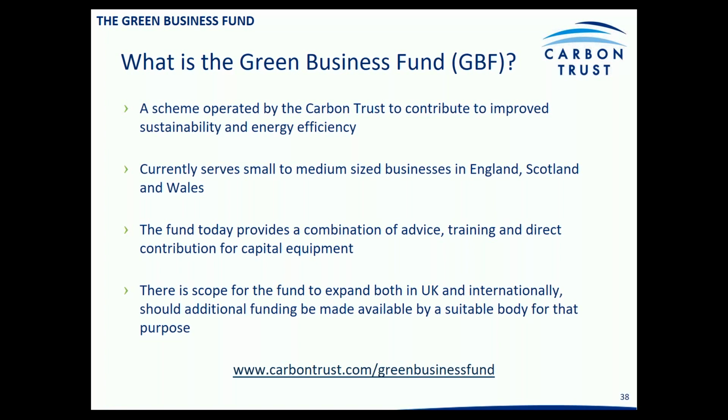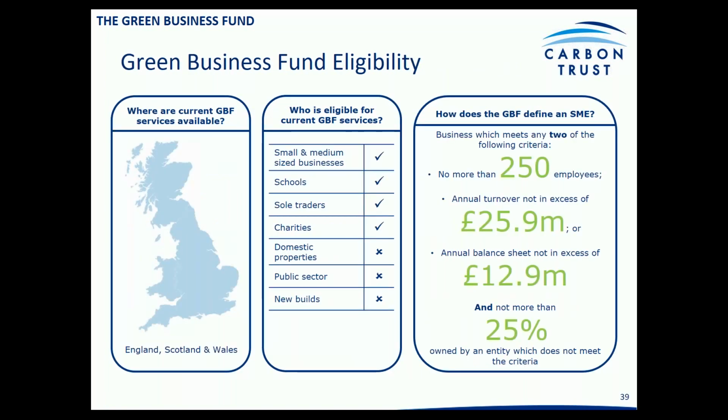It's important to point out that it's while funds last. Current predictions are for it to run to the end of 2018, but there's potential to extend this. But it is a finite pot on a first come, first served basis. If you haven't yet participated, I'd encourage you to take action. So just again to highlight